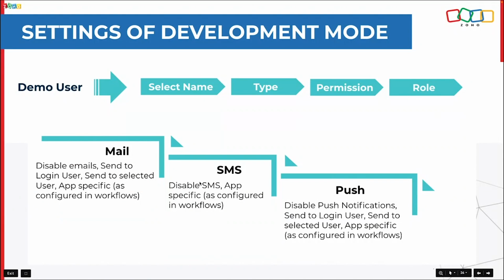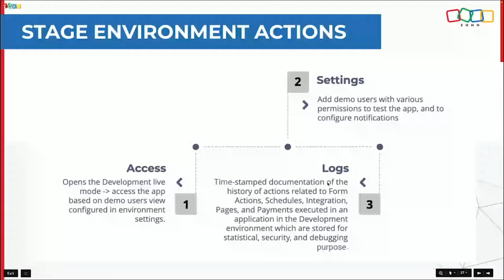Similarly, you have the disable SMS option and app specific workflows configuration for SMS. And for push notifications, you have all the options available as per the email. So similarly, for stage environment, we have the 3 actions: the access, which directly leads to the access mode, the settings, which leads us to the demo users for the stage, and the logs,